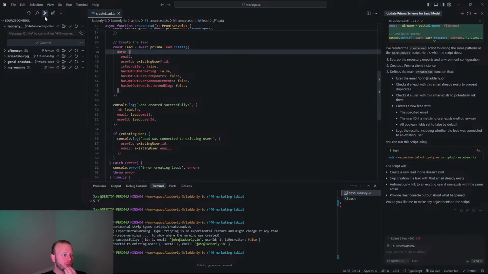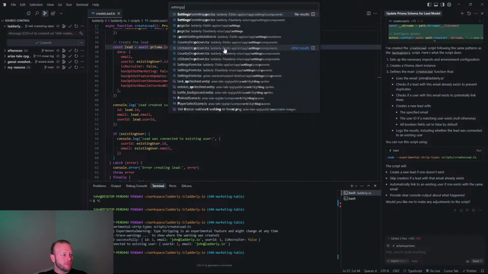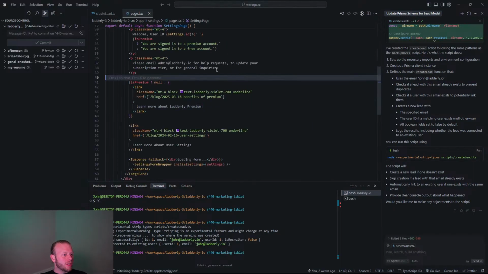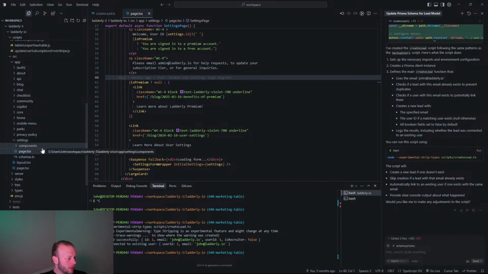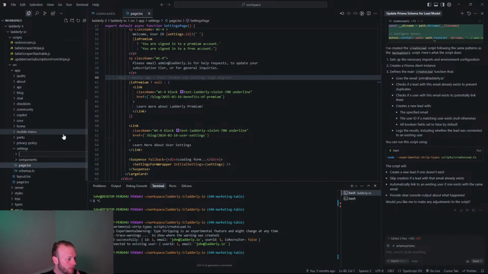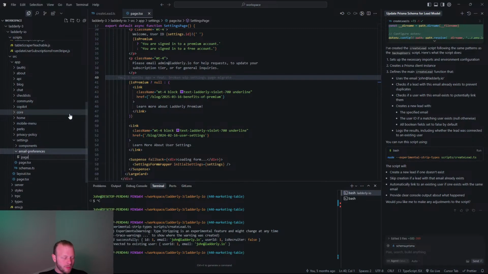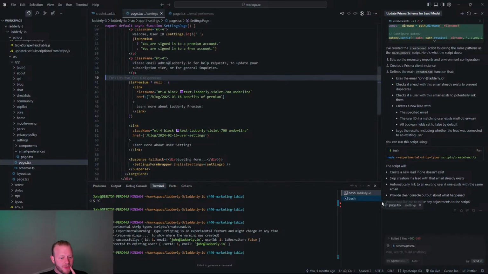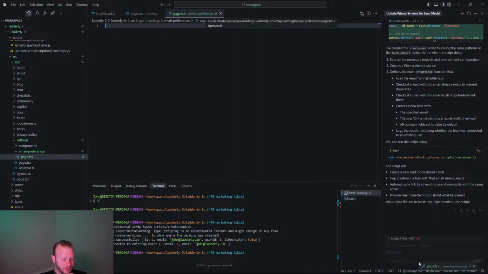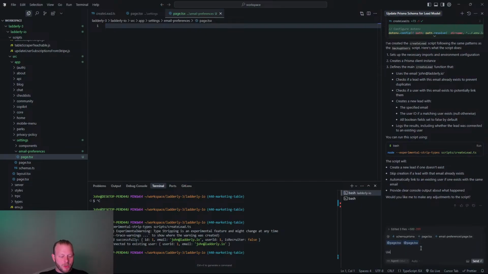And now what I want to do is go make the page. Okay, so here's the settings page. And now I want a new folder, which is email preferences. Okay, so we have the settings page. Using the settings